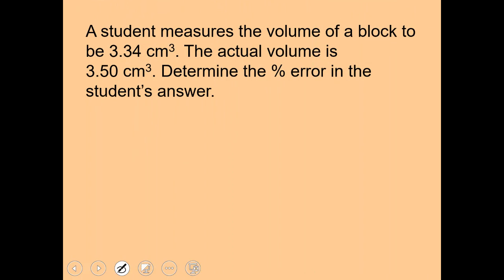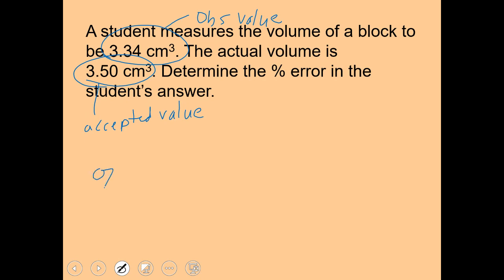Let's do an example together. So a student measures the volume of a block to be 3.34 centimeters cubed. That'd be the observed value. Okay. The actual volume, so this right here, this is the accepted value, right? Because that's the actual accepted volume of this block. So to get the percentage error